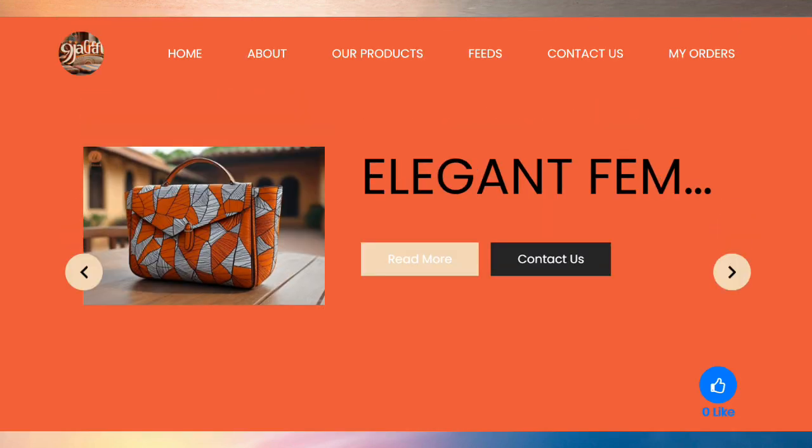The handbag we use for this test, it must not really mean that every business you are creating should be handbag. In place of handbag, you use your company. And of course, what we did here, we selected e-commerce. But when you are doing yours, you can choose the one that represents your business, that aligns with your business. If it's agency, you go with agency. If it is e-commerce, you go with e-commerce. If it's blog, you go with blog.